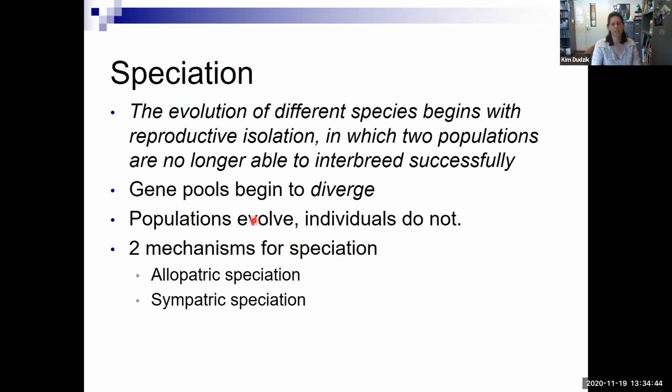And so remember, when gene pools are diverging, it's the population that's changing, not individuals. I keep saying that again and again, and I will throughout this unit. Populations evolve, individuals do not,